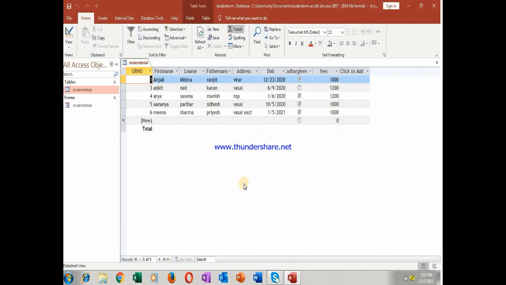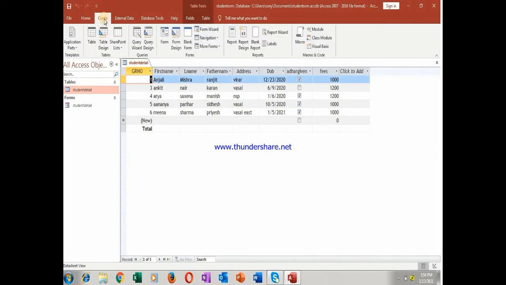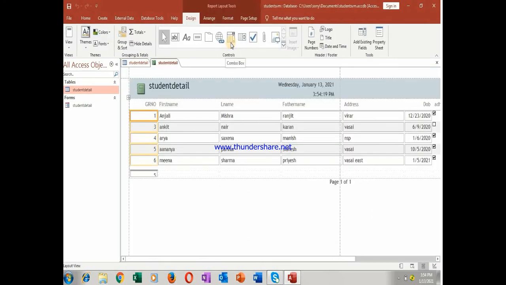So after creating the forms, now again go to create, let us create a report. Report, have you seen? Report is like today's date is given, a summary of the thing is given, whatever is there. The same way here also we are creating a report. For the report, go to this create button and click on this report. Can you see this report button? Click on this. See, a report is created.